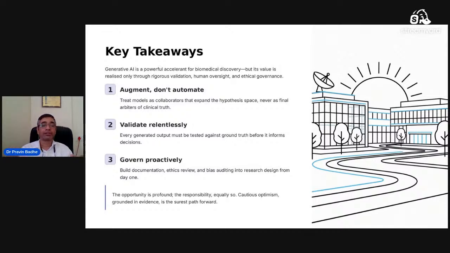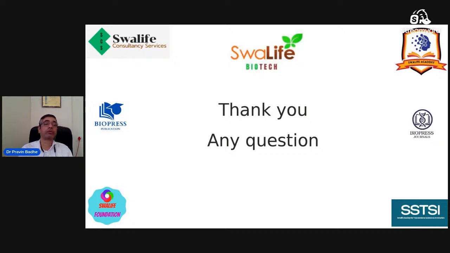And the third is the trust, that is the governance. The content built should be ethical and non-biased. It has been reviewed and audited, so that the research design and also the end of the research, the publication, can be done in the form of an article, patents, or submission to the regulatory body. So these are some of the key takeaways with generative AI, which is one of the powerful models of the AIs. And then tomorrow we will be discussing RAG AI, that is the